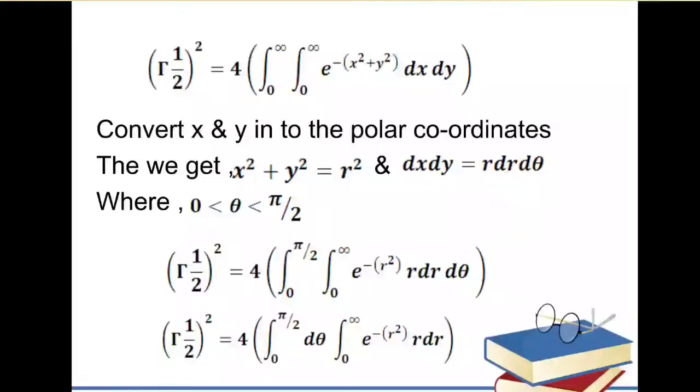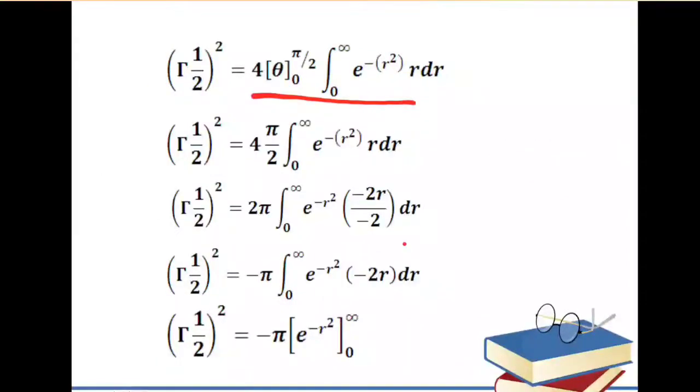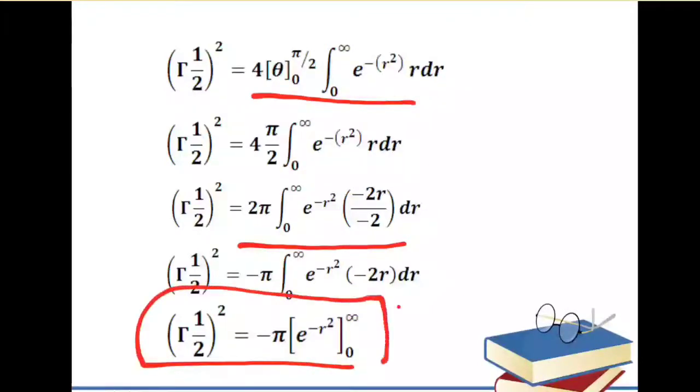Now here, if we put this limit, then we get this integration. Now we have to integrate this term, and we know how to solve this integration. Here r e raised to the power contains r square. We have to put r square equals a new variable and simplify this term. So here see, the integration of d theta is theta. Put upper limit minus lower limit in the first term and simplify the second integral, we get this one. And if you solve this term, then we get this integration.